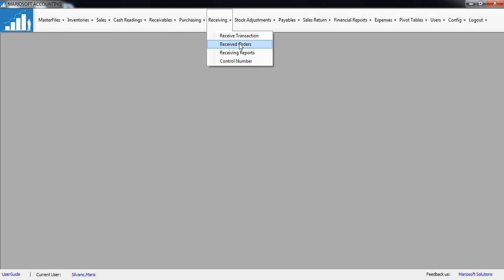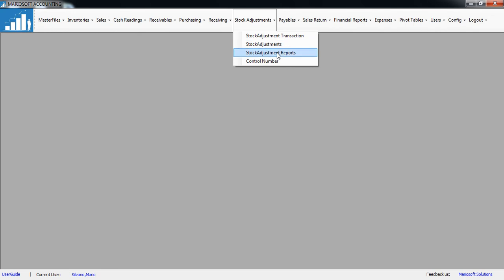We have also stock adjustments where we can adjust the quantity of our stocks if ever the stock is damaged, the stock is returned to the supplier, or we can also do stock adjustments when we repack our items. For example, we bought the items in bags and then we are going to sell it in pieces, then we will do stock adjustments here. So we have here the transaction. You can view the stock adjustment records in the stock adjustments menu, the reports as well,